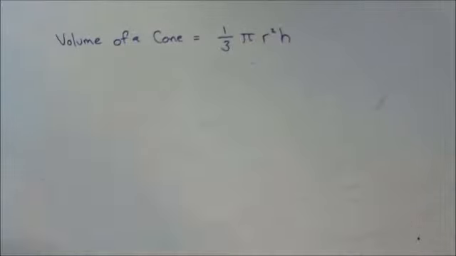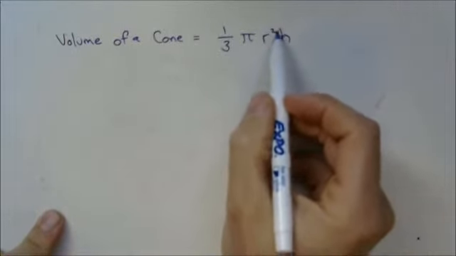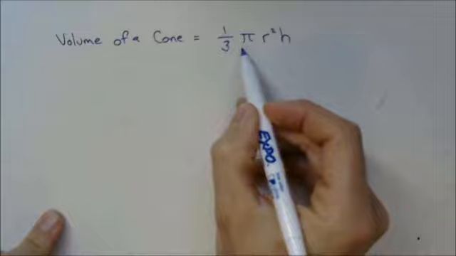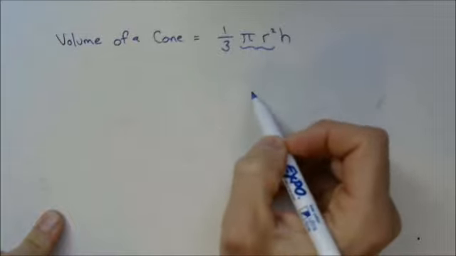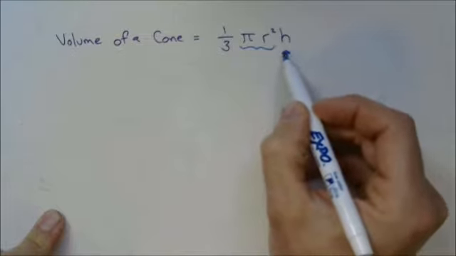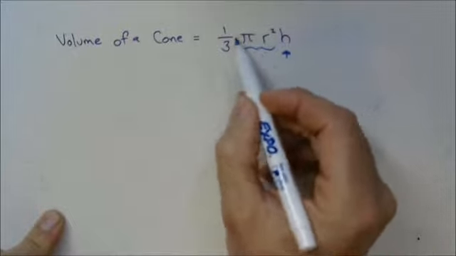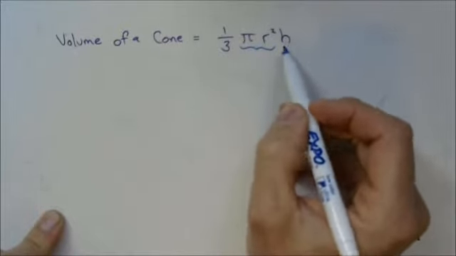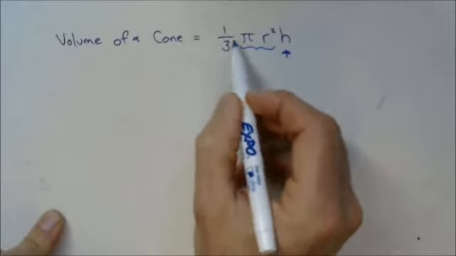And just to pick apart the pieces of this a little bit, we're talking about the area of the face of the cone. That's right here, right? Pi r squared is the area of a circle. Then we're going to multiply it by its height, just like we would in a cylinder, except that the cone that has the same face and the same height in comparison to its corresponding cylinder, the cone is only 1/3